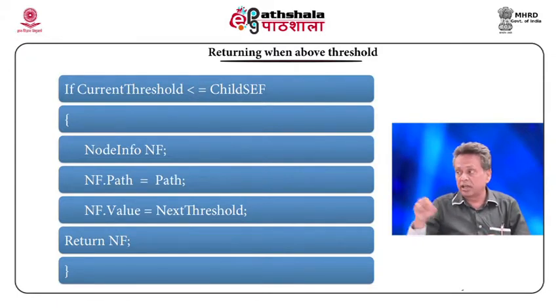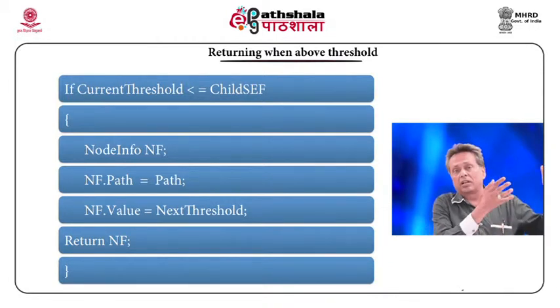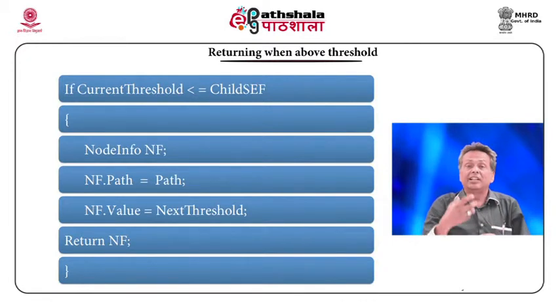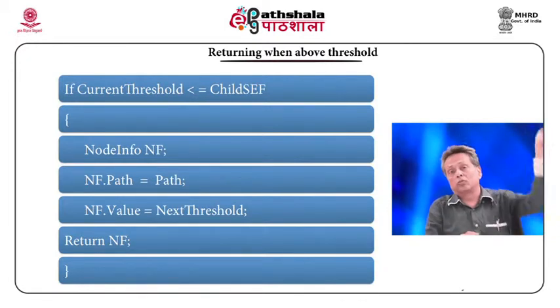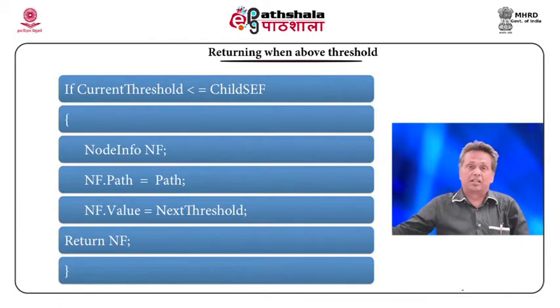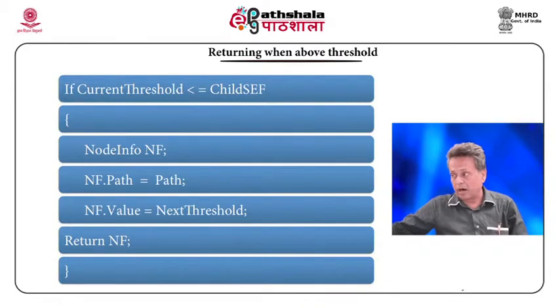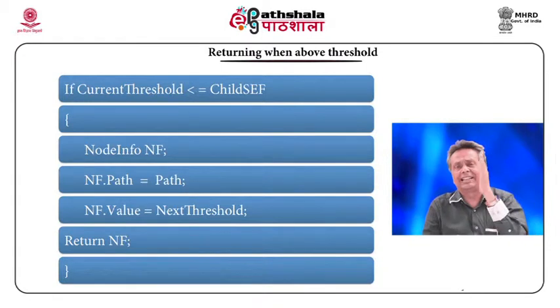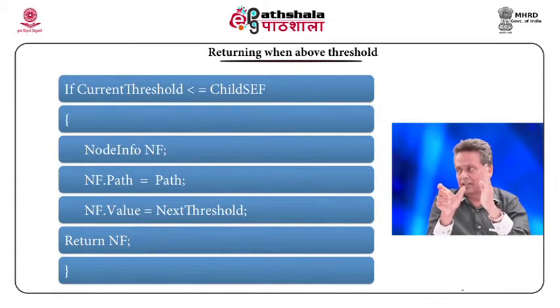That is what is happening here. My child SEF value, the current child's value, is better than the threshold value that I have chosen to be best. Now this is the best, and I am going to use this as a threshold in the next iteration. That's why this part is very, very important: if the current threshold is less than the child value,